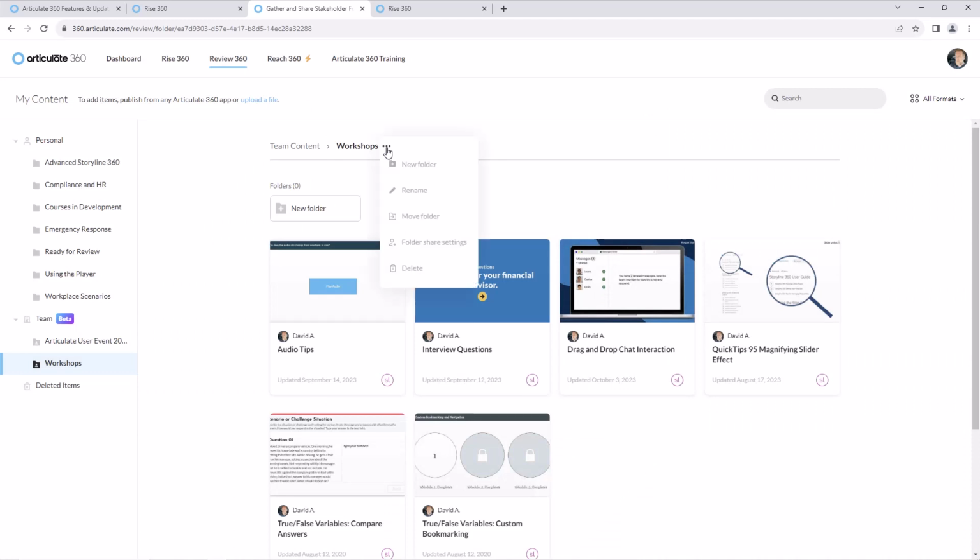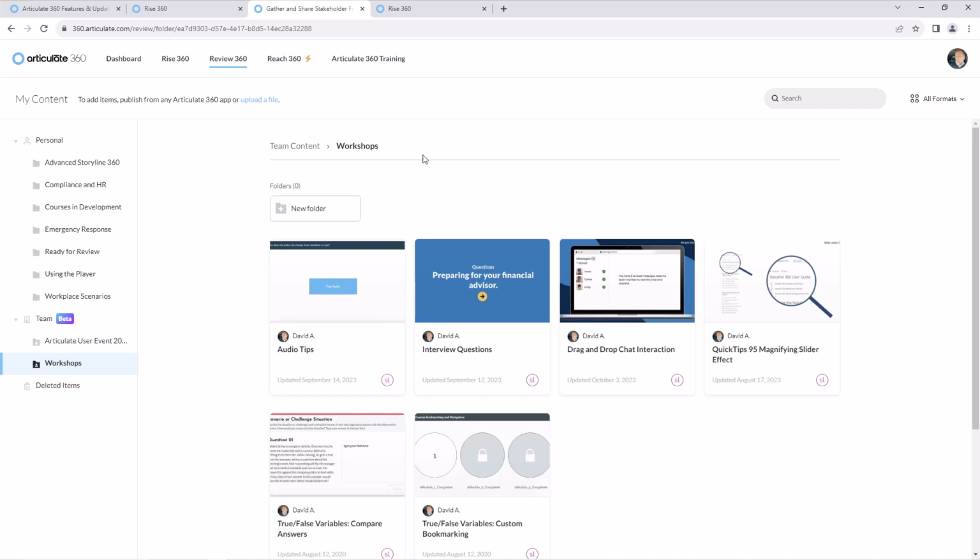If I delete the folder, right? So if I delete a shared folder, then all of the projects in here will be deleted, and only the owner of a folder can delete them. So I don't have to worry about any other person on my team, accidentally or intentionally, hopefully not intentionally, accidentally deleting all of my content by deleting the folder or deleting the projects. I'm still the owner of these projects. I've just invited or granted access to other team members to come in and collaborate with those. Okay. And of course, just like with regular folders, if you delete these, they'll be added to the deleted items, and you can restore them from there if you need to get them back.